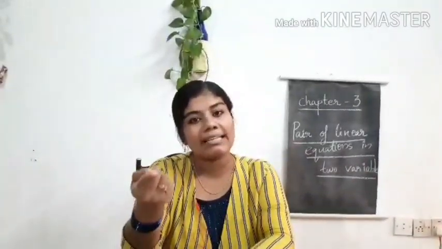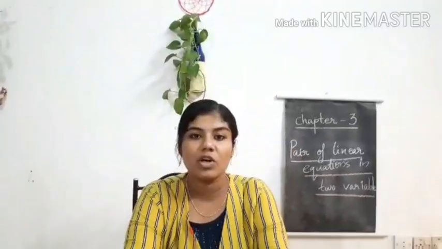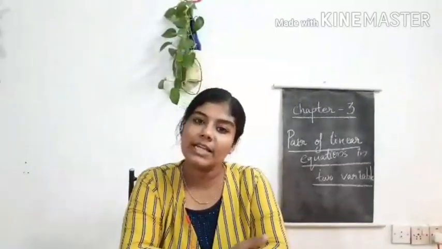So first we will compare our equations, our pair of linear equations. We can multiply one of them, or any one of them, and make both of them equal. Suppose in our first equation the coefficient of x is 10x, and in the second equation the coefficient of x is 2x. So we know that 5 times 2 is 10. So we can multiply the second equation by 5, and both equations will have 10x.